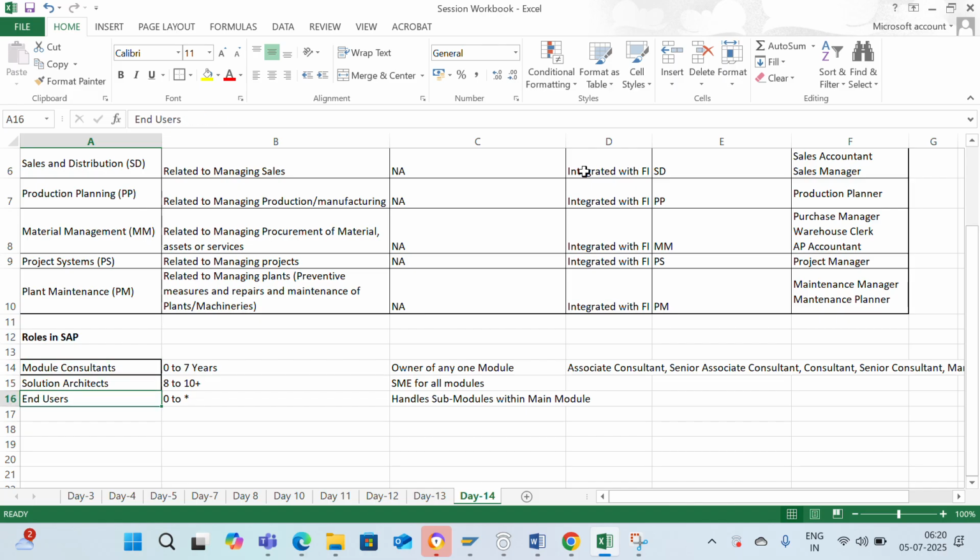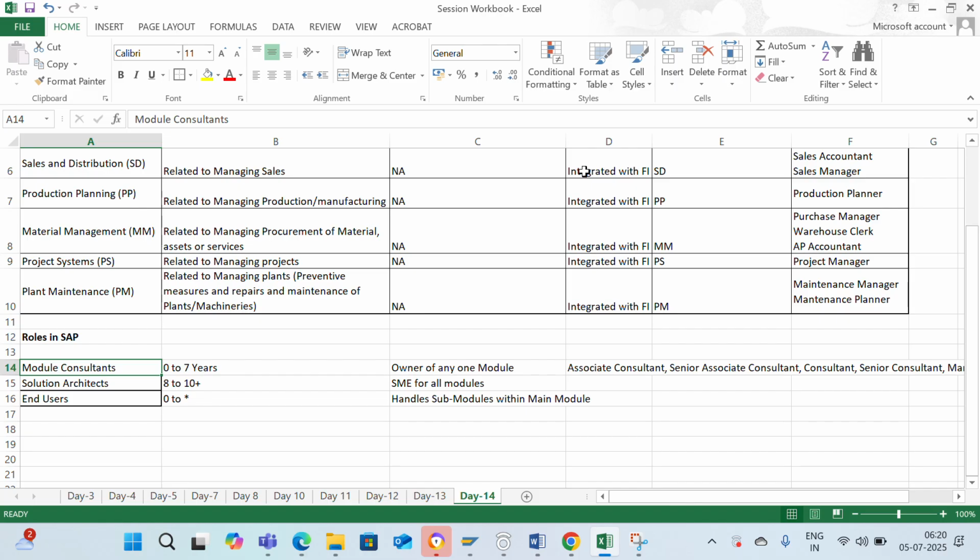If you are an end user, then you will be handling any of the sub modules from the main module, and the experience level for end user is 0 to unlimited. For the module consultant, the experience level is 0 to 7 years, wherein you may be handling any main module, or within a main module any sub module, depending upon the